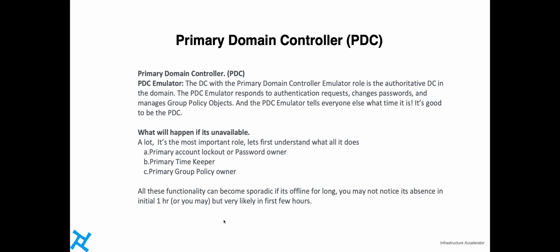You tell all domain controllers that as soon as you reset a password, tell it to the PDC. And you tell all domain controllers that if you get a request for a password which does not match the password you have stored locally, then go to the PDC and ask him for the latest password. If he also says, yeah, my password is the same as yours, then you can tell the user that your password is incorrect. But maybe the password is reset and the local DC is not yet updated. So in those cases,